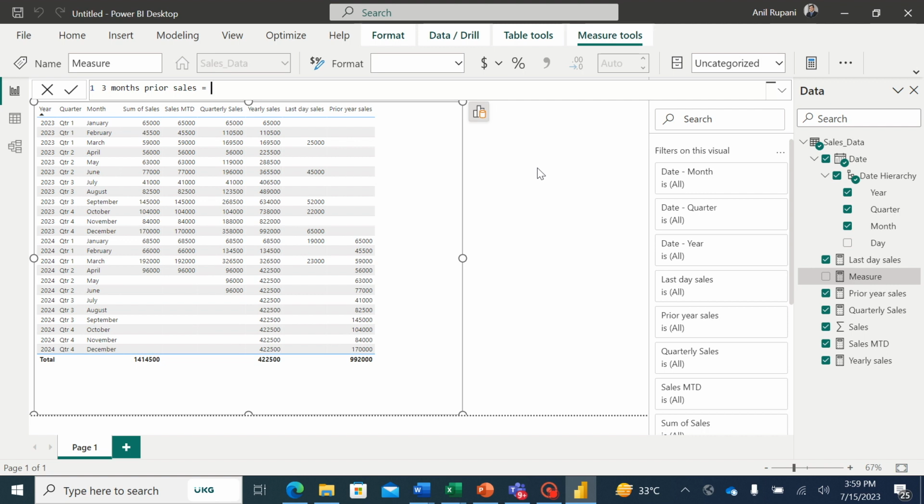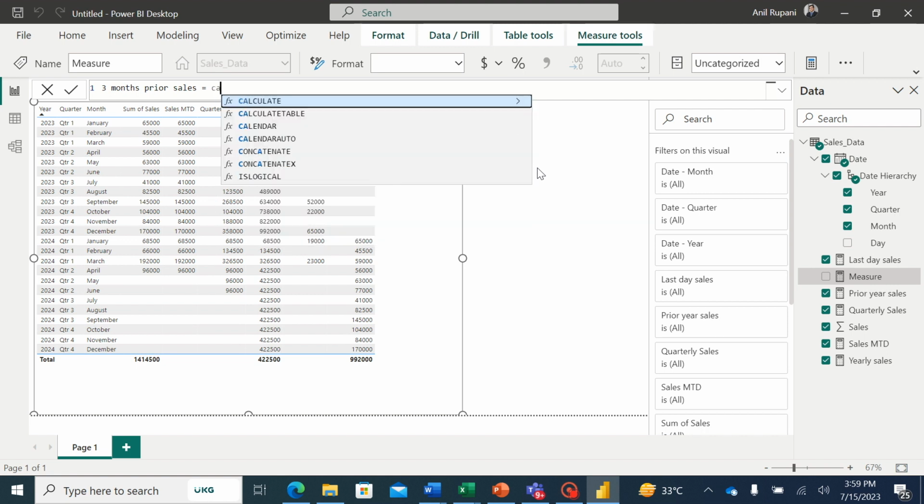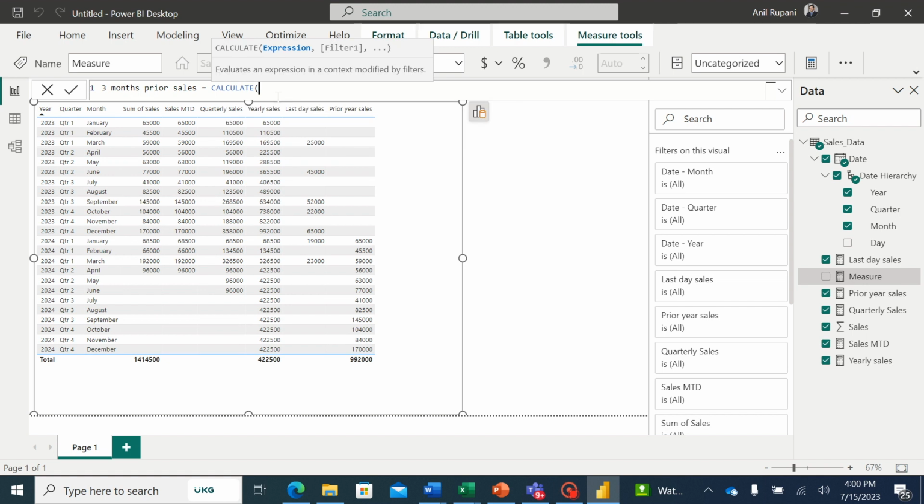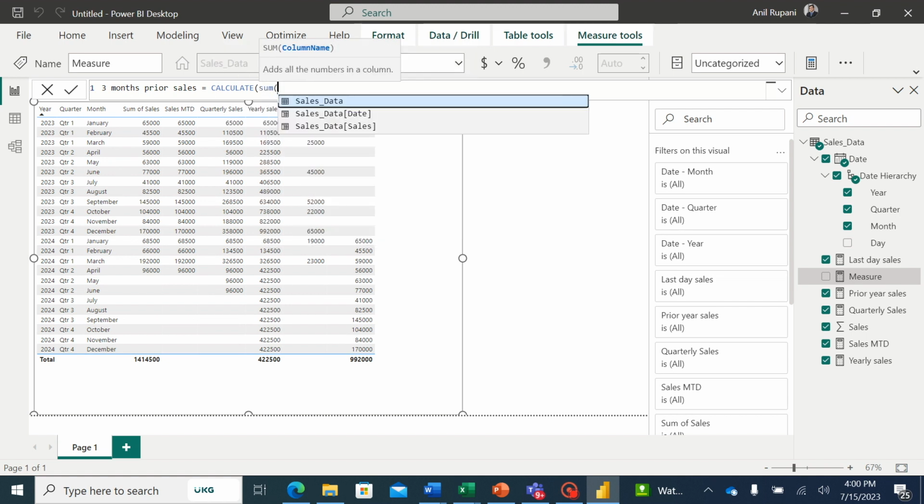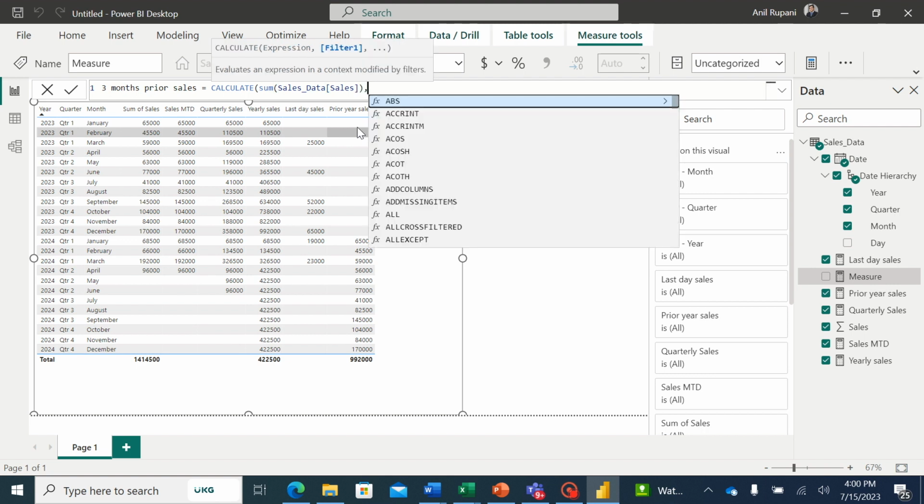Let's say if I want to compare my current month sales with the sales done 3 months prior to the current month, or maybe 6 months prior to the current month. This can be done with the help of DAX function DATEADD. So let's say I would first use CALCULATE, SUM of sales, and here I would add my function DATEADD,